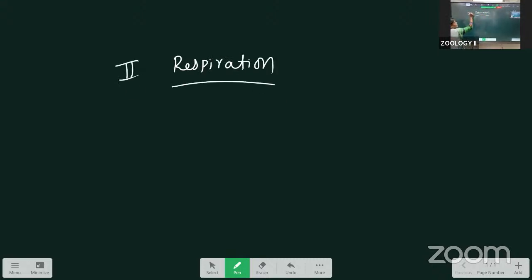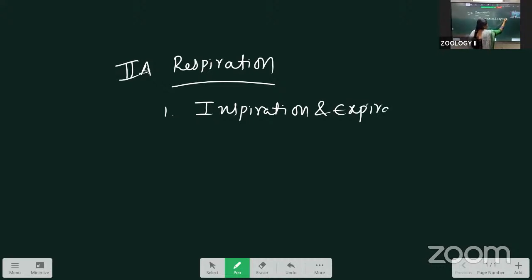Second, the respiration. Already we discussed the first question, first SAQ, inspiration and expiration. Already we completed this. Next, today we are going to discuss about the